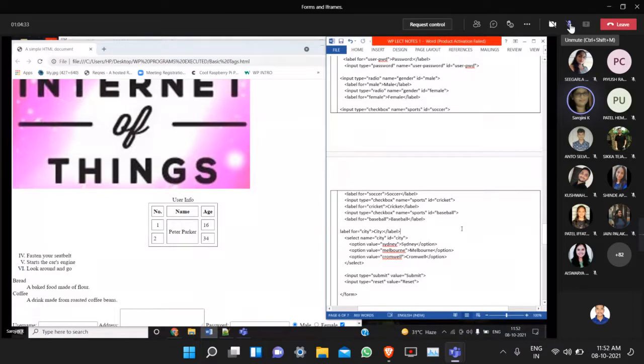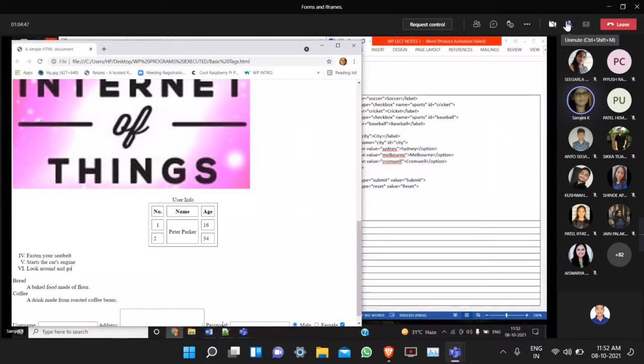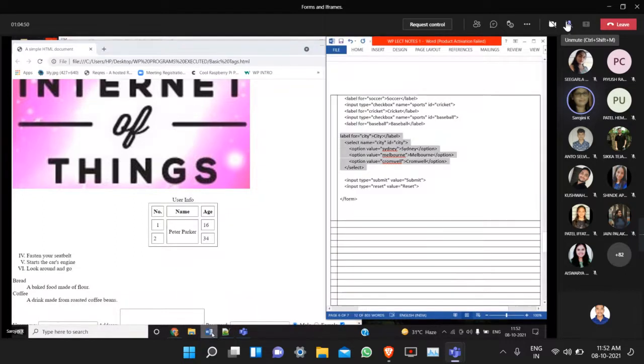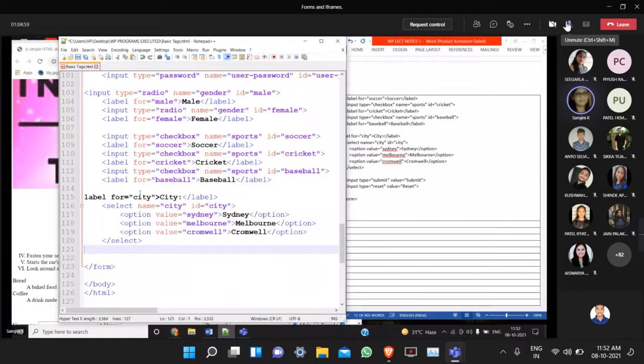We will add a list box. We may have a list box also. When will you use a list box? Wait, I am copying and pasting the tag here.